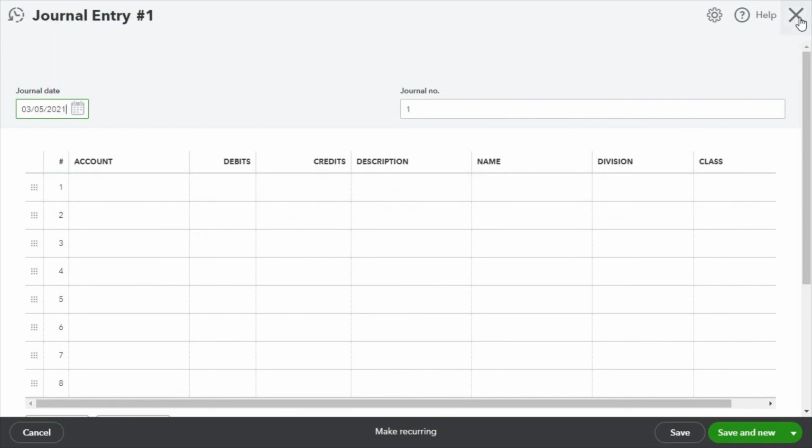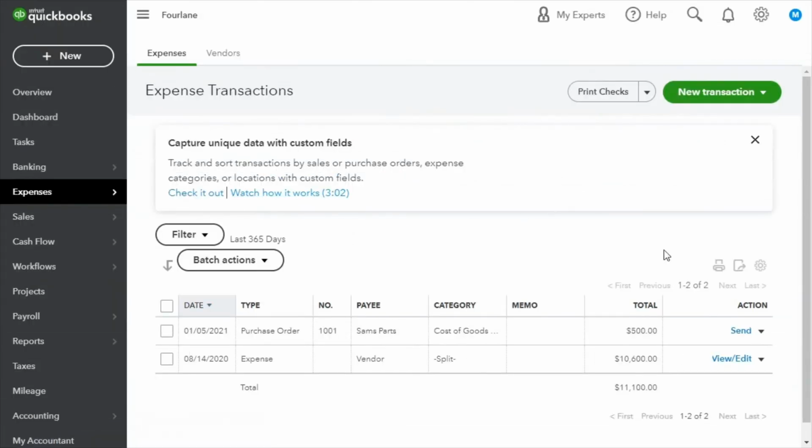So these fields carry throughout the entire program, which makes them very powerful fields because, of course, as you guys are going to hear me say all the time, the more data you put into your system, the more we're going to be able to report on that data, okay? So if you're not using those two fields, they're very powerful fields, and we should definitely consider using them.